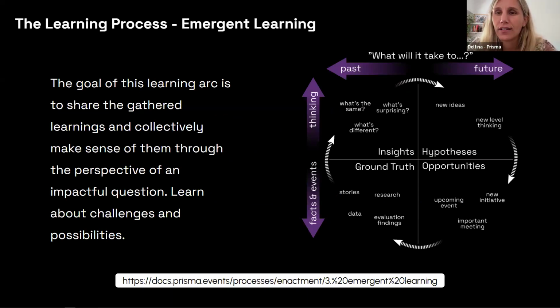Great. So emergent learning. The meaning of emergent learning is that we are learning as we go. As you gather information about your community, you're going to see patterns. You're going to see that something is arising from that community. And if you share it with others who are walking your same community, or who want to walk that process with you, you're going to distill that information in a much richer way. Why? Because one perspective is not the same as many perspectives. In diversity, there's always richness. And this is what we are calling for in this session.